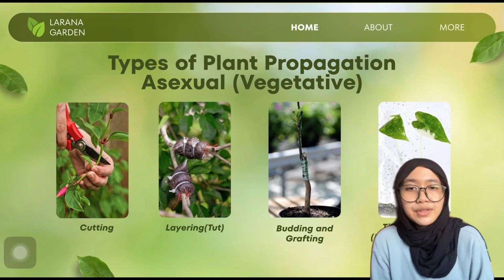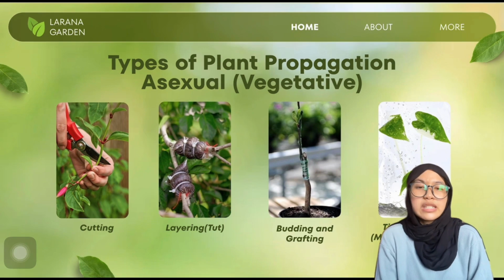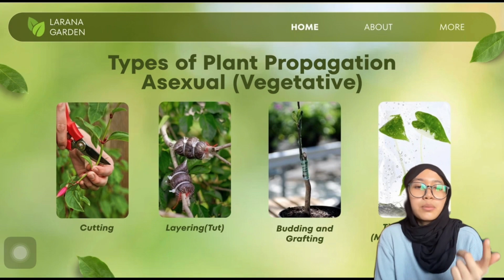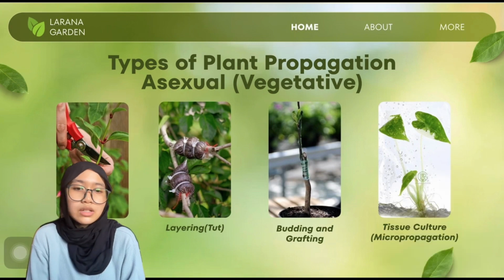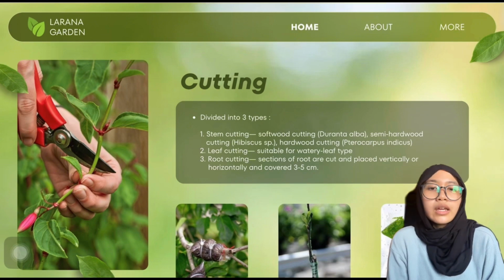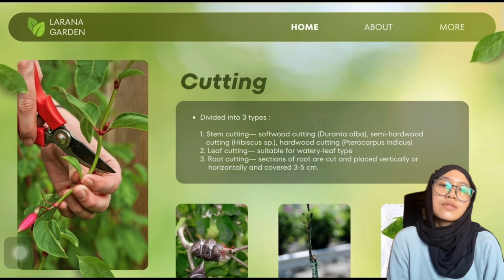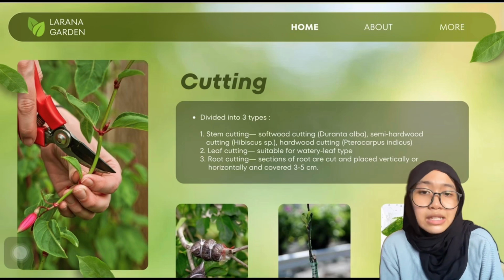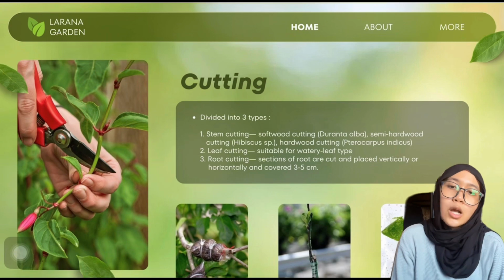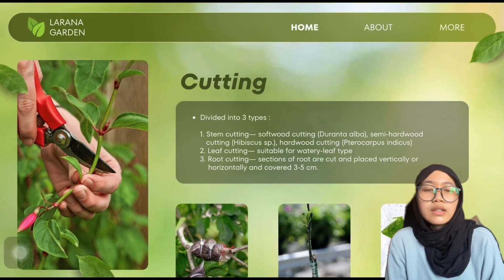There are four types of asexual plant propagation, which is vegetative. First, cutting. Second, layering. Third, budding and grafting. And lastly, tissue culture or micropropagation. So for the cutting, it is divided into three types: stem cutting, which is for softwood cutting, and the second one is leaf cutting. It's suitable for watery leaf types. And lastly, root cutting. The sections of root are cut and placed vertically or horizontally and covered to 3